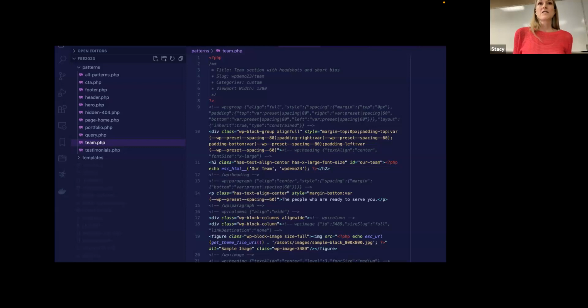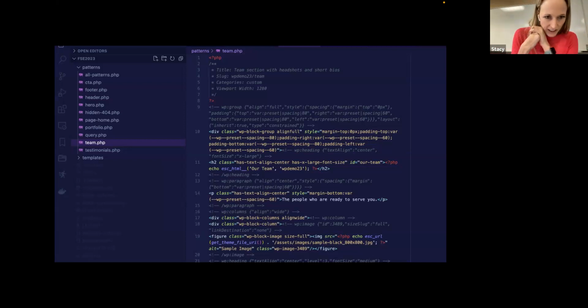So while it looks terrifying, you don't really need to know at all what that is. Now there's some caveats. I did go in and escape all of the headings, because one thing about block patterns is they aren't translated. HTML files don't have the same kind of translation availability as a PHP file, but you can go and escape some of these